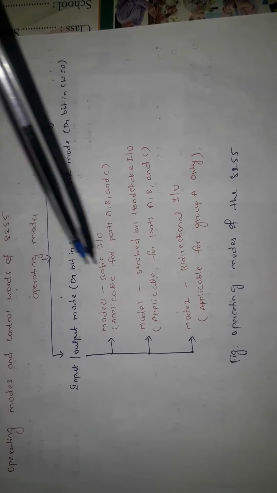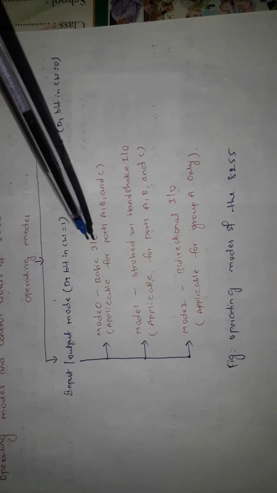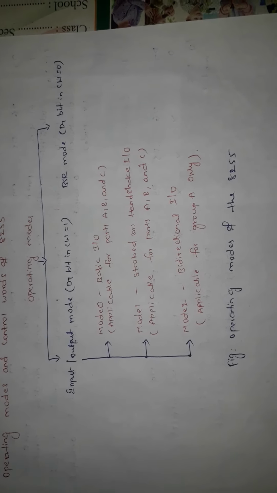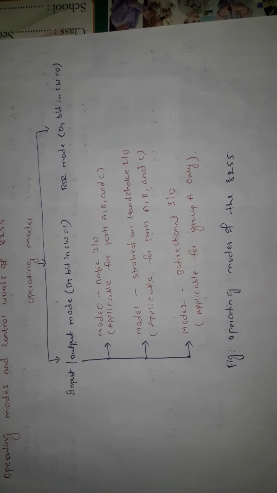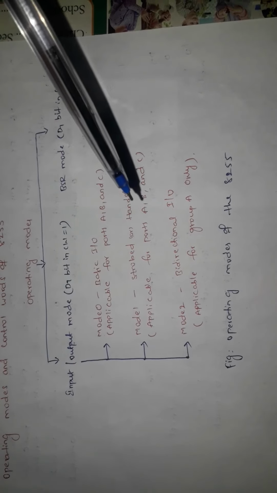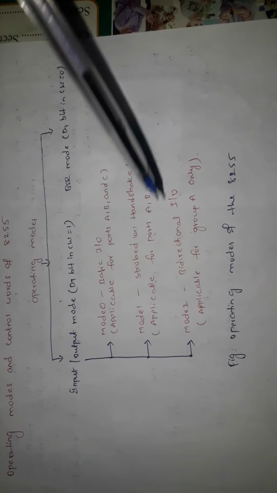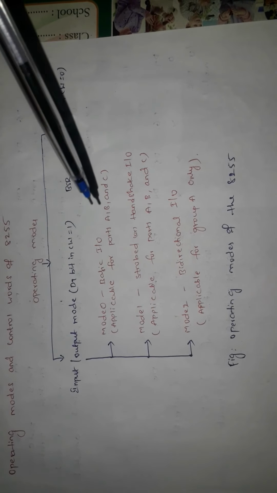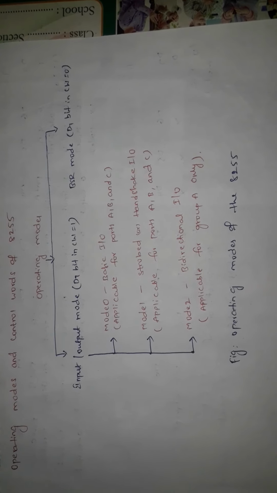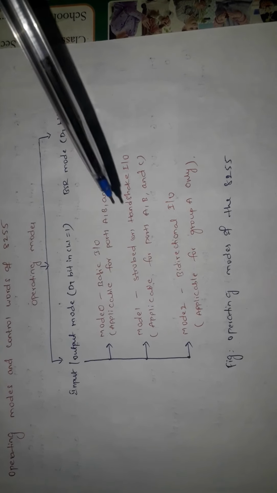In this we have three modes, mode 0, mode 1, and mode 2. In mode 0, all the ports, port A, port B, port C are operable, and all the ports are operating in simple basic IO mode, and no interrupts are accepted in this mode. Whereas in mode 1, port A, port B, port C are working, but they are operating in handshake mode or strobed IO mode. So in mode 1, A and B are used as IO pins, and port C is used to generate the control signals.